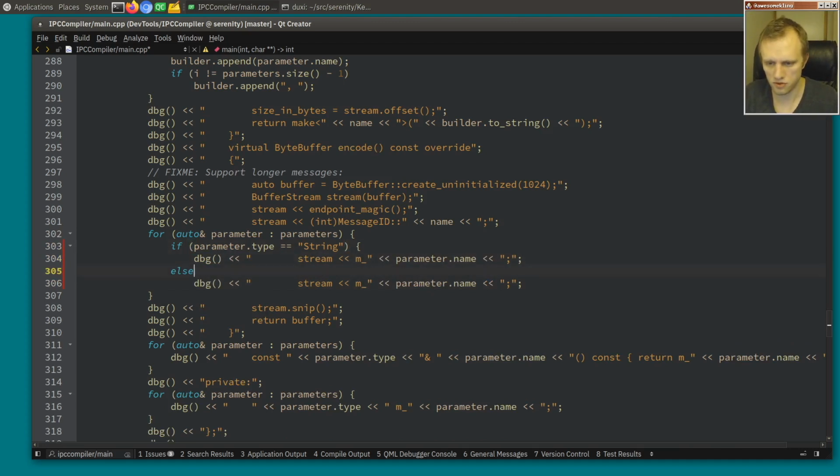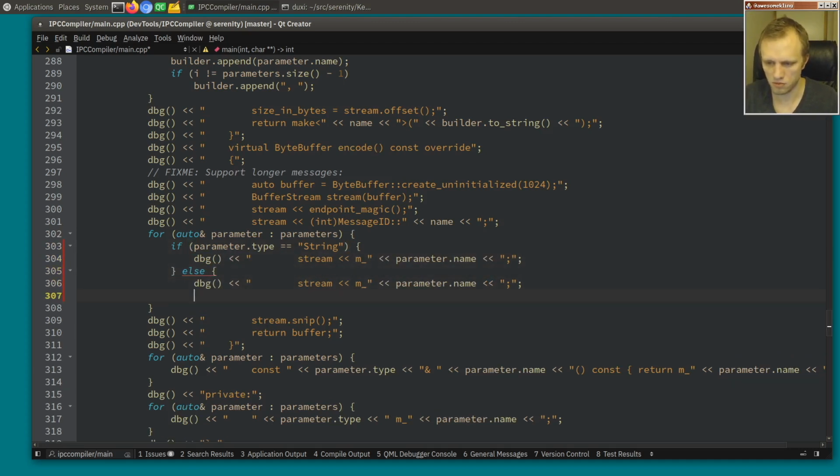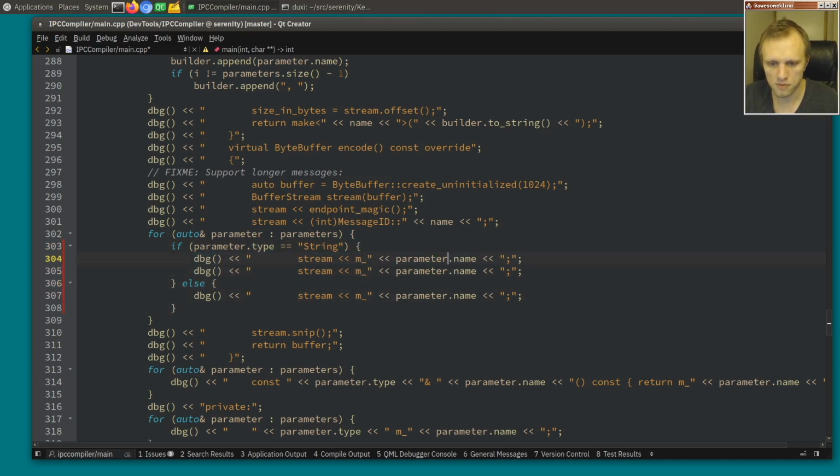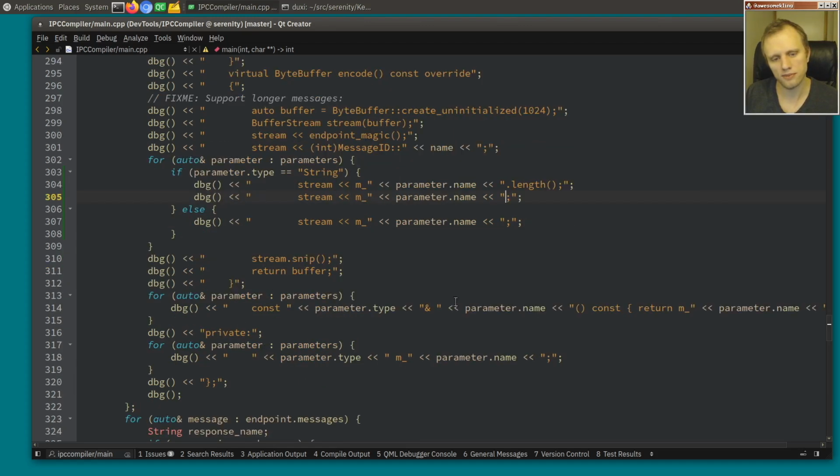So for strings, we're going to output code that puts the string length first, and then followed by the string characters. Or I guess we can just send it like that, actually. Yeah, so the length followed by the characters. Because then when we decode,